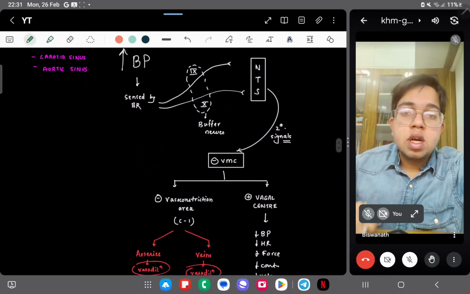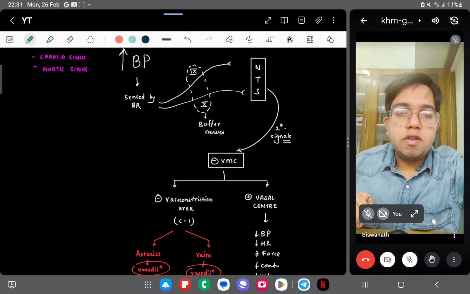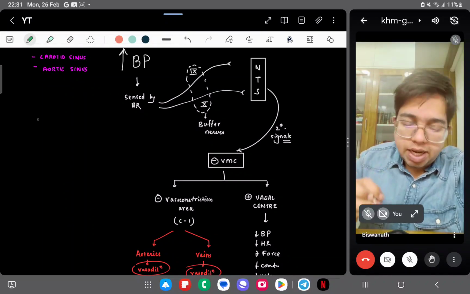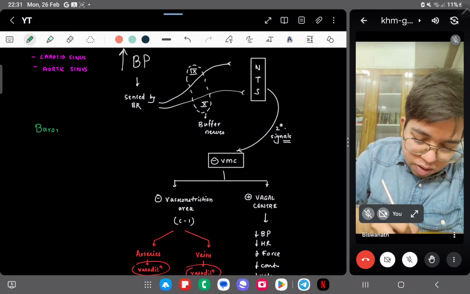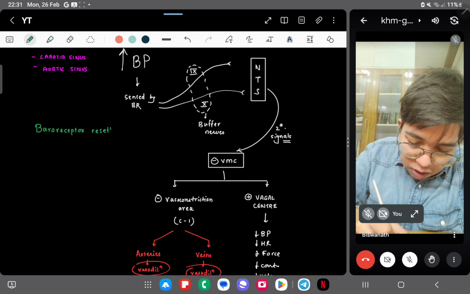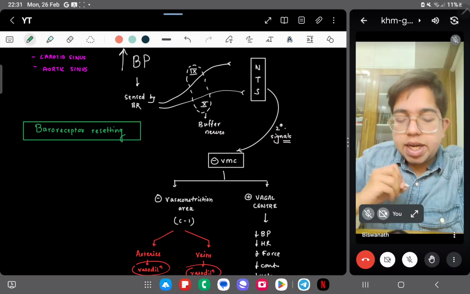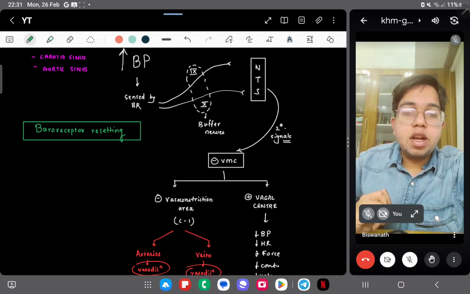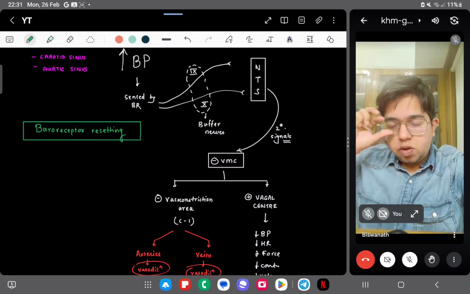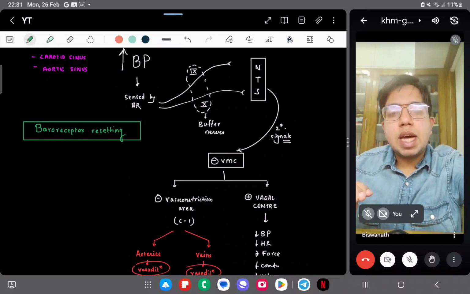Understood? Another term is there. I don't know if it is helpful for your level or not, but there is something called baroreceptor resetting. You know about resetting things, like you reset your phone to make it work well. So baroreceptor, if there is a hypertensive patient,